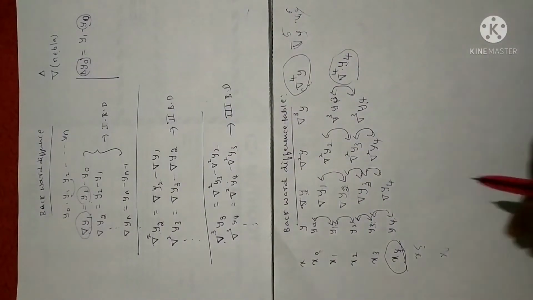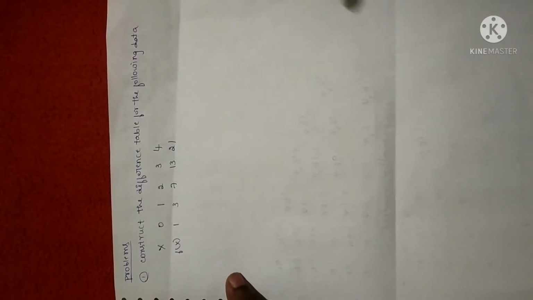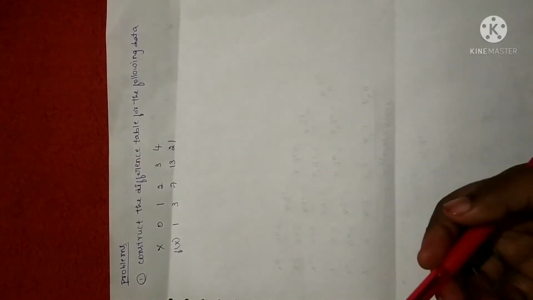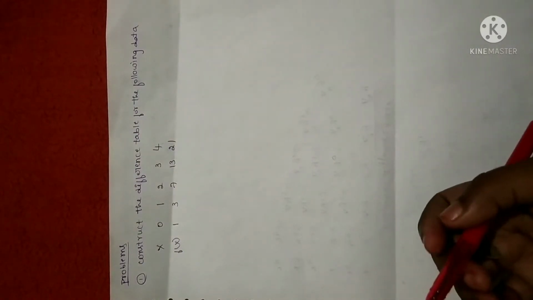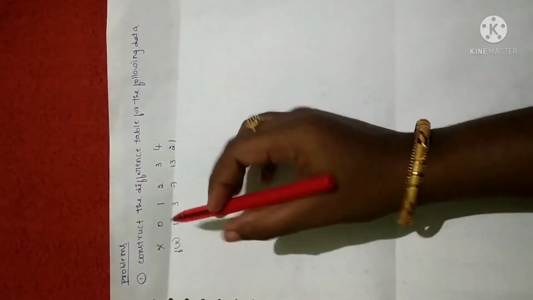Now, here is the first problem. We have to construct the difference table. In the exam, you will definitely get a 2 mark question based on the construction. Either they will specifically mention to construct a backward difference table, or they will ask you to construct a forward difference table. If not mentioned, as in this particular problem where it was not mentioned whether to construct forward or backward difference, then you can construct either one, forward or backward. Fine. So here they have asked us to construct the difference table for the following data. Definitely a 2 mark question will be there from this session.